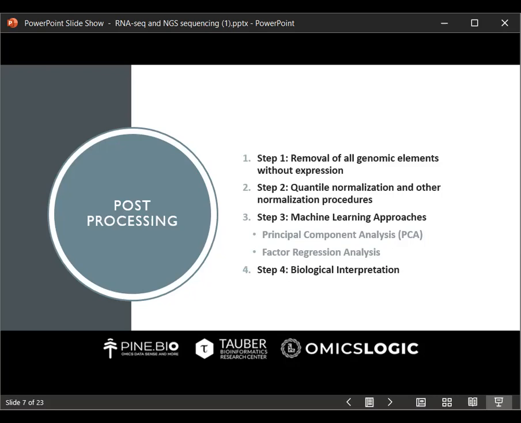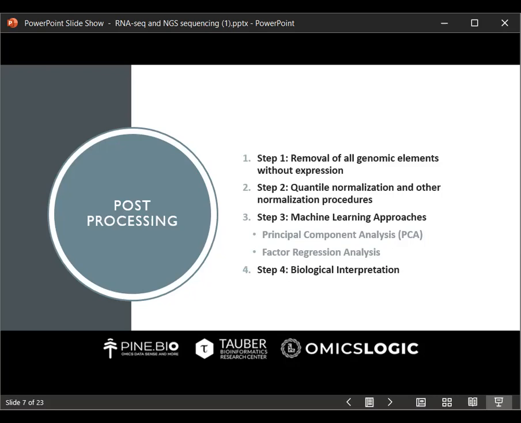Now, we have to do the normalization process because there are differences that arise in the data. These differences can stem from various changes in the experimental conditions or the measurement values, but these are impossible to control. So that's why we have to perform normalization, in order to reduce and remove these variations.